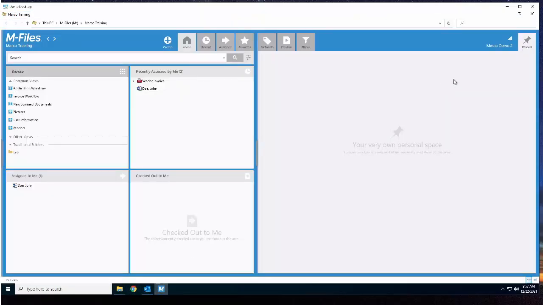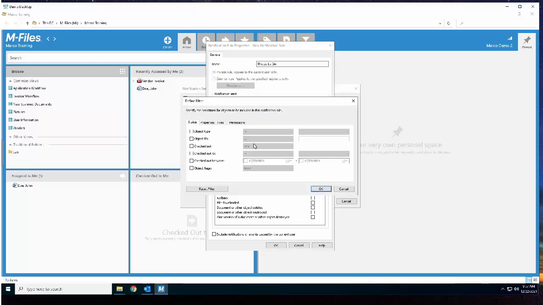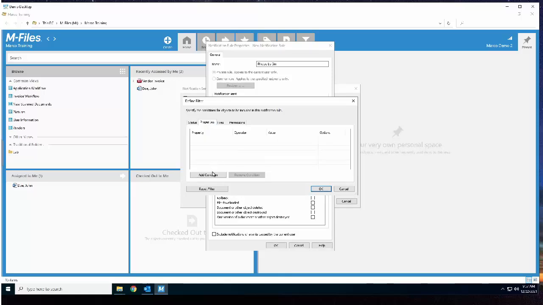We're going to create another rule notification. To do that, I go to my user profile, click, go to user settings, notification settings, and we're going to click on add. This one is going to be photos by Jim. When the event happens, so that's going to be a new document or change, I want to receive a separate notification, define my filter, properties, add condition, class will be